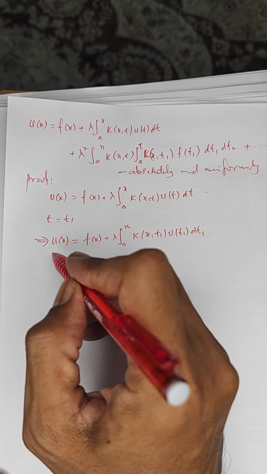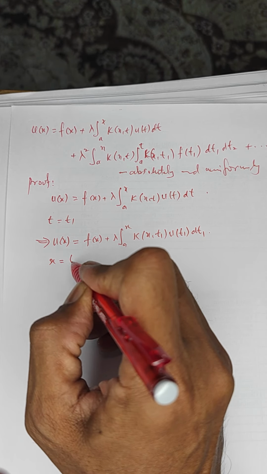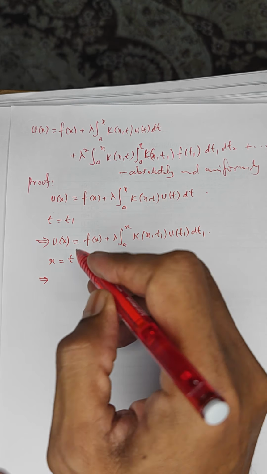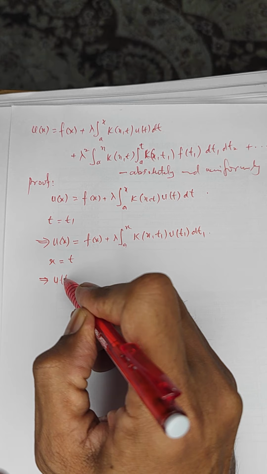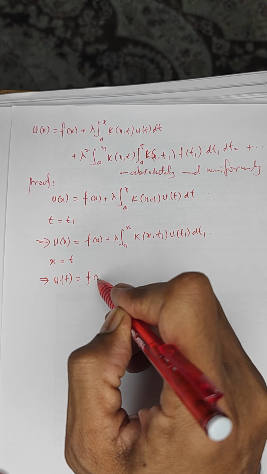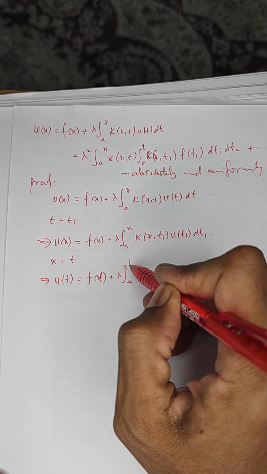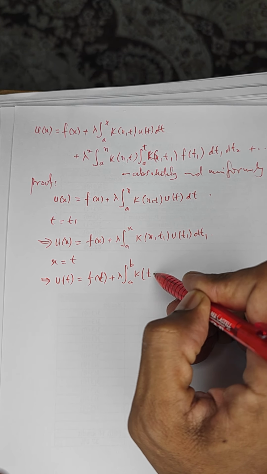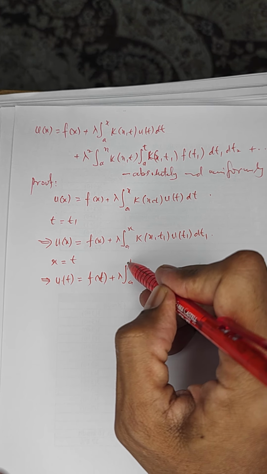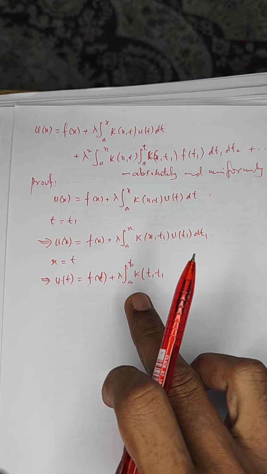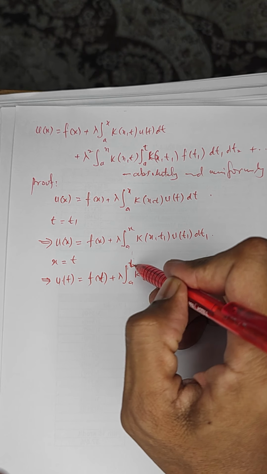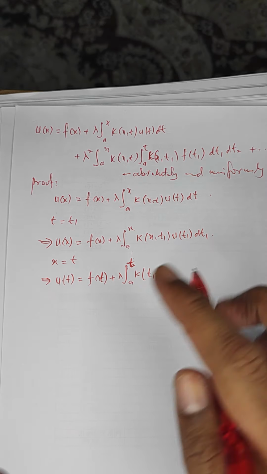And if I change x with t, we have u(t) equal to f(t) plus lambda integral from a to t of k(t,t1)